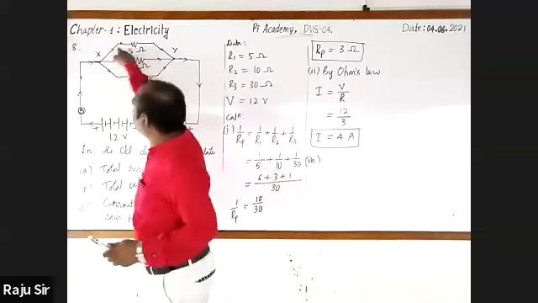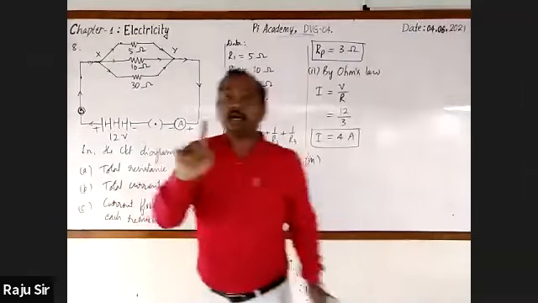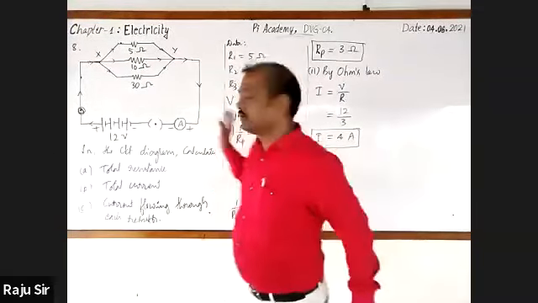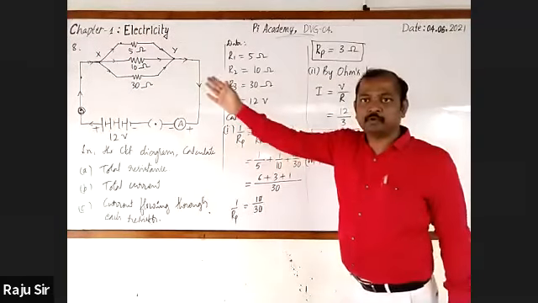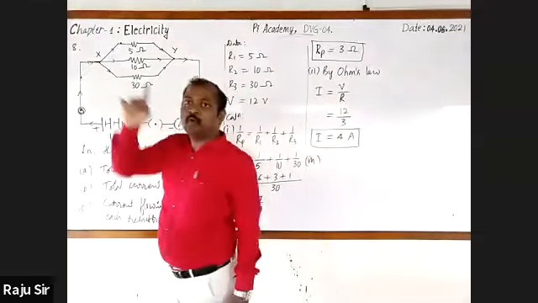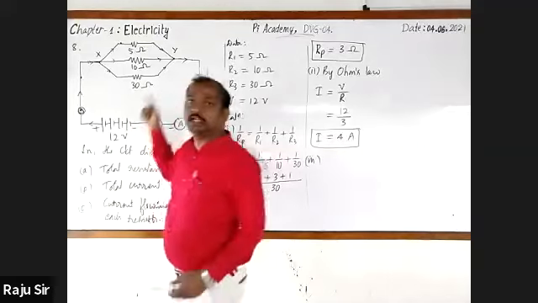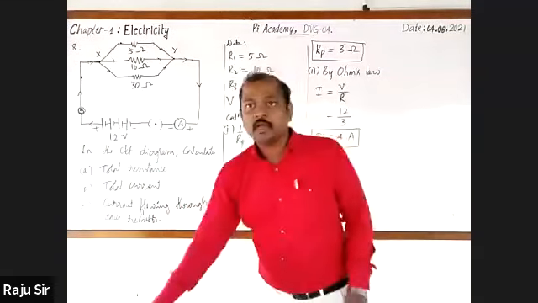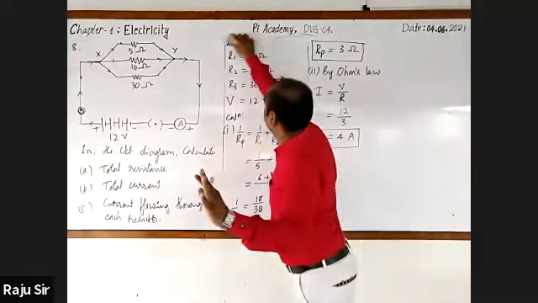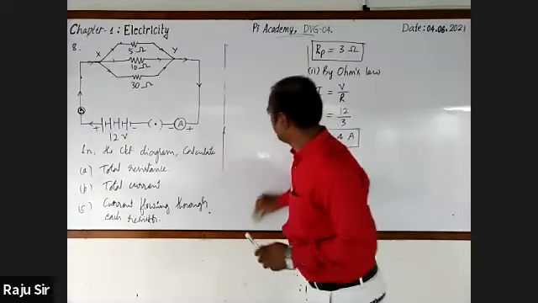But here it will be different. At this point and this point, current will be less than 4 amps. Now that is going to be found out. Means we are going to find out what amount of electric current flows through 5 ohm, 10 ohm, 30 ohm separately. And please don't go for writing, just observe. We know that.